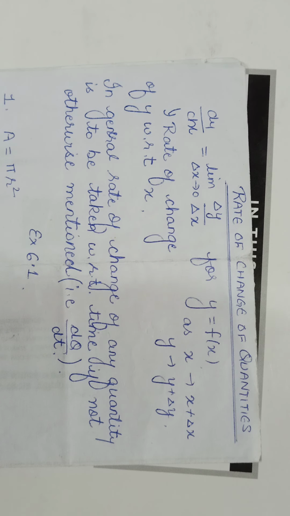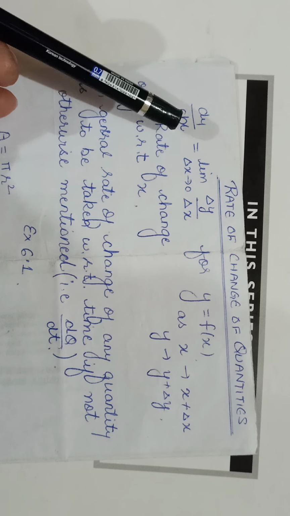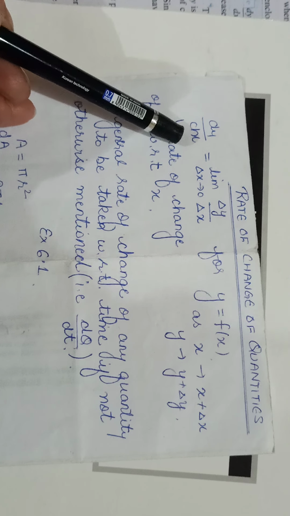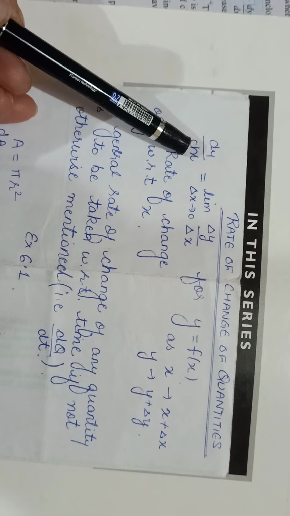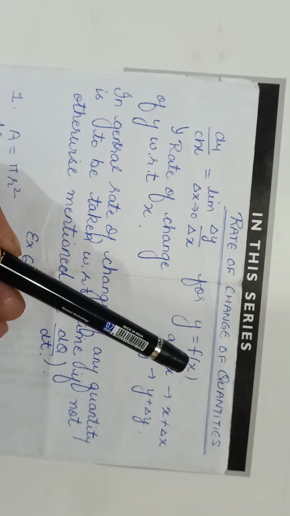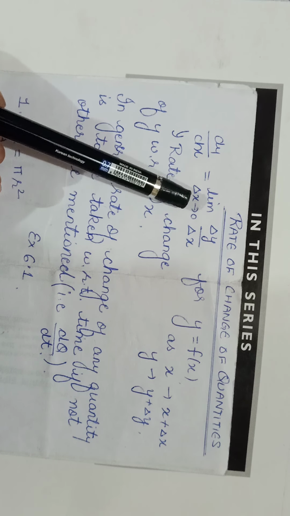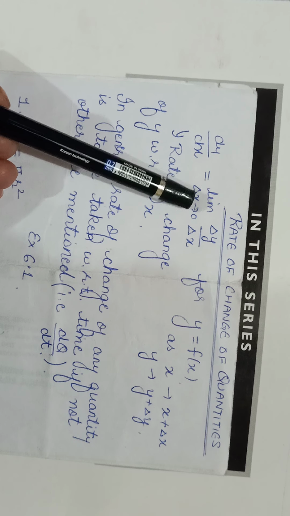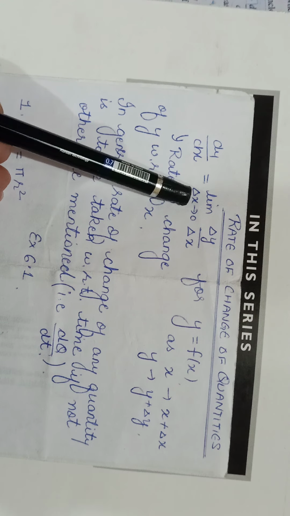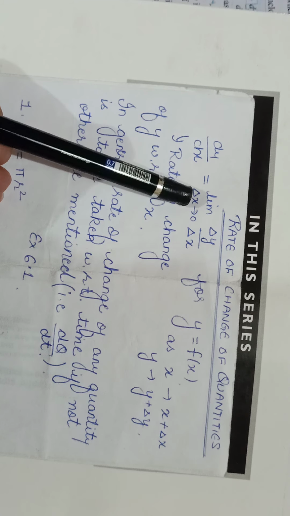Children, we have to start applications of derivative, in which the first application is utilizing differentiation or differentiability or derivative for finding rate of change of quantities. As you all remember, dy by dx, that is the derivative of y with respect to x when y is a function of x, was defined under the limiting position, limit delta x tending to 0. This delta x out here denotes a small change in x.